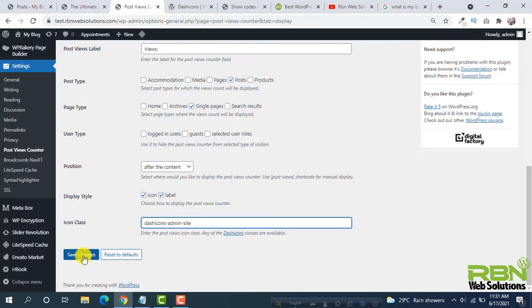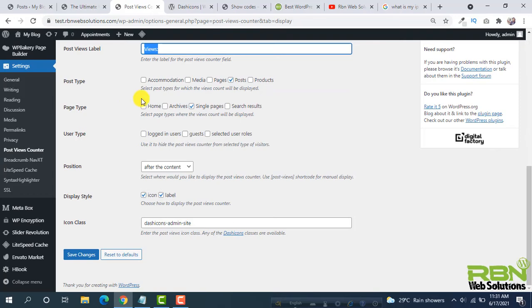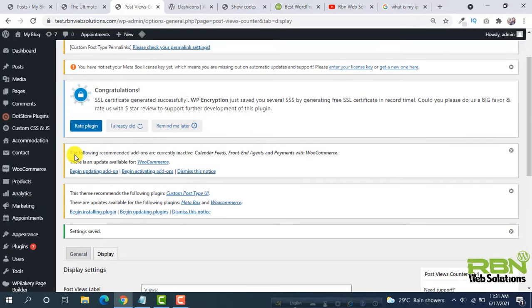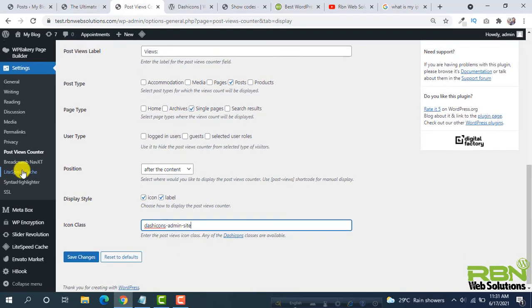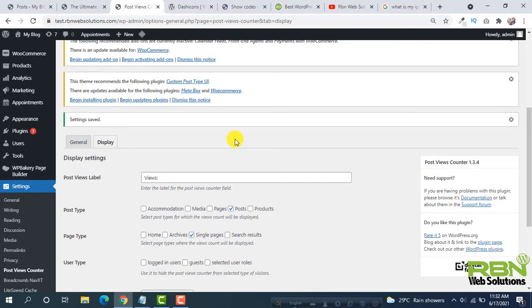And now if you save changes, then the post view label will show as Views, and this icon will be shown before the label. So this is the thing. Actually this is very simple. In this way you can display your post views on any of your blog posts or pages.